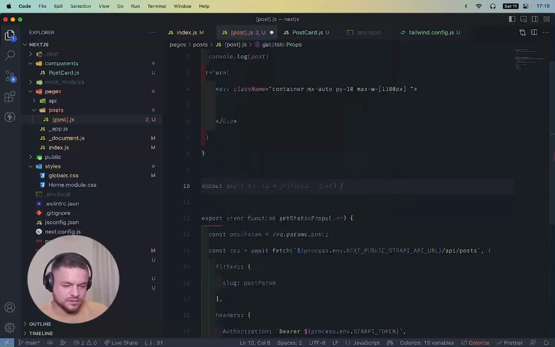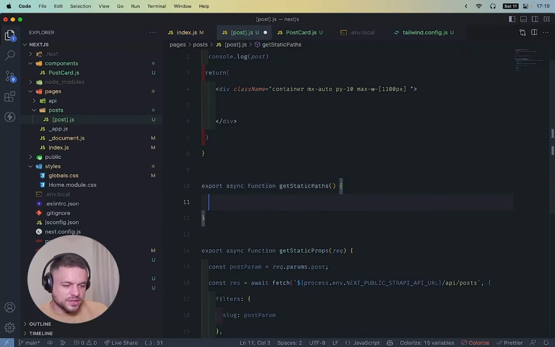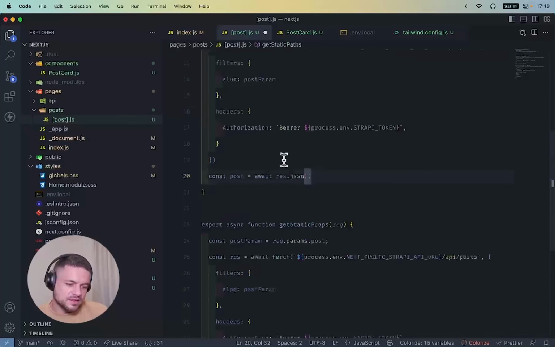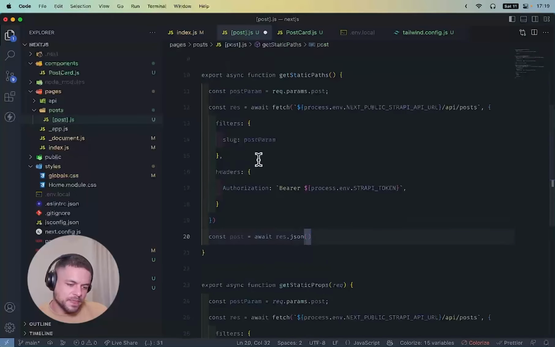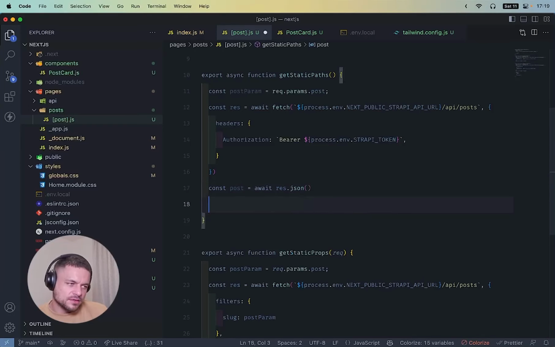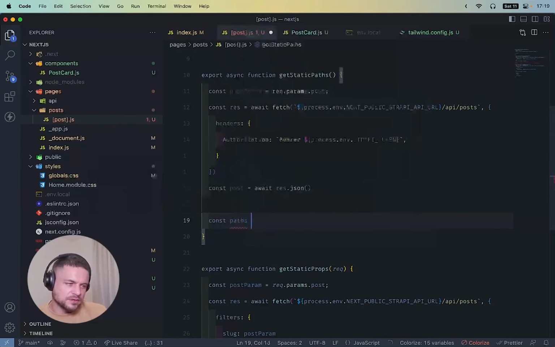We'll export an asynchronous function get static paths, and we are going to do something very similar, in fact the same, but take out the filters because we want all of the posts, and we need to end up with some paths. So we're creating const paths is post data map